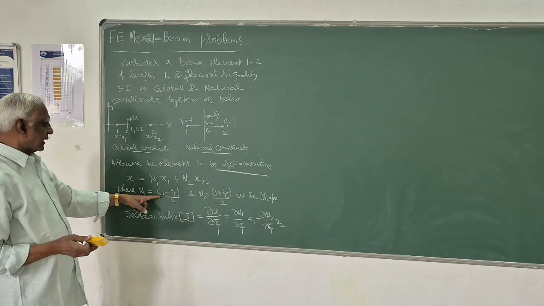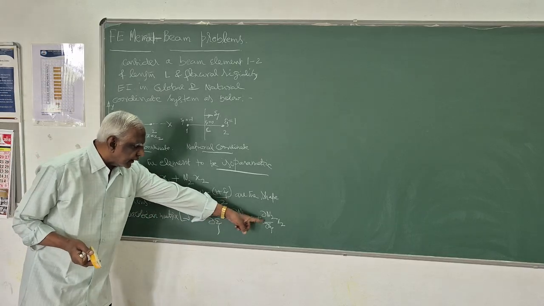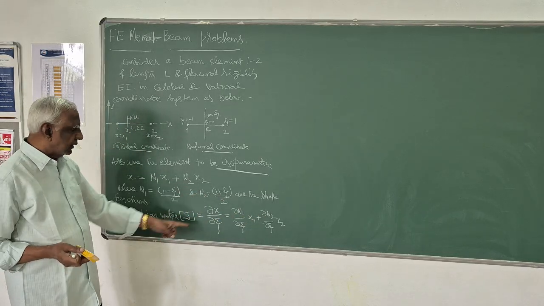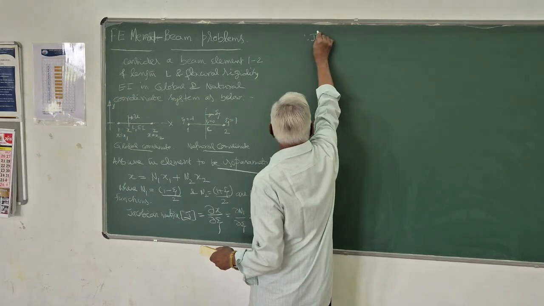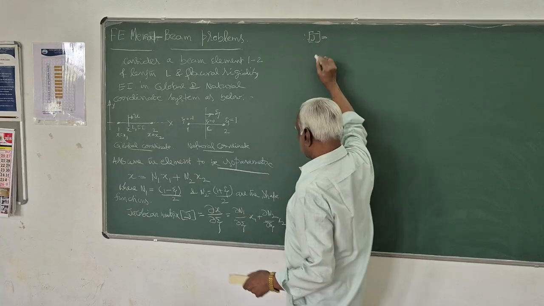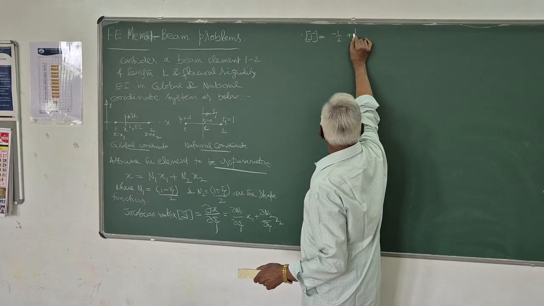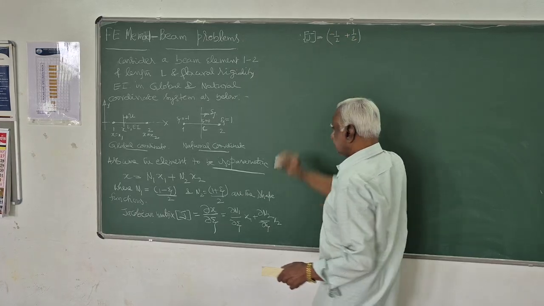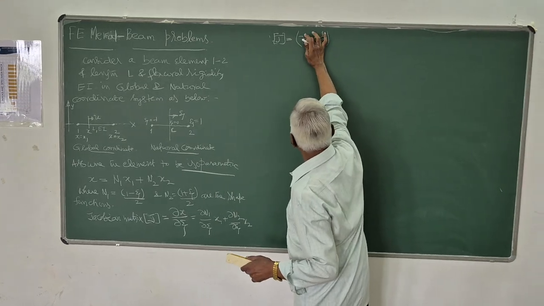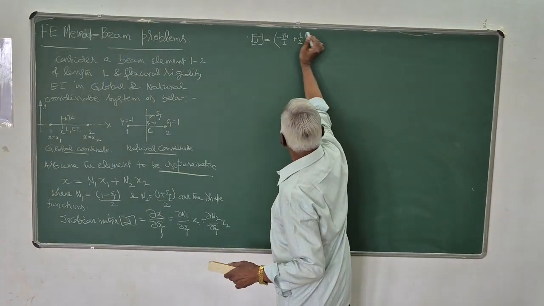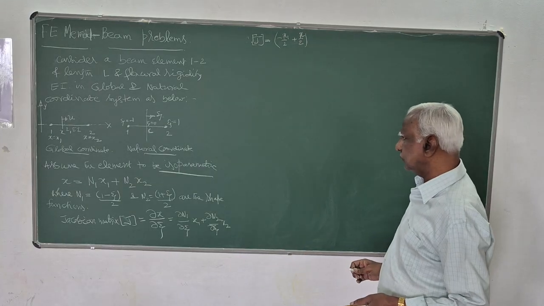Delta n1 by delta psi is minus half, and delta n2 by delta psi is plus half. So the Jacobian matrix is minus half into x1 plus half into x2,